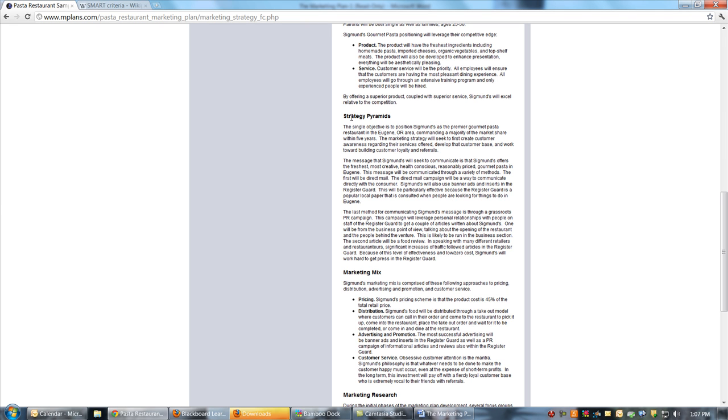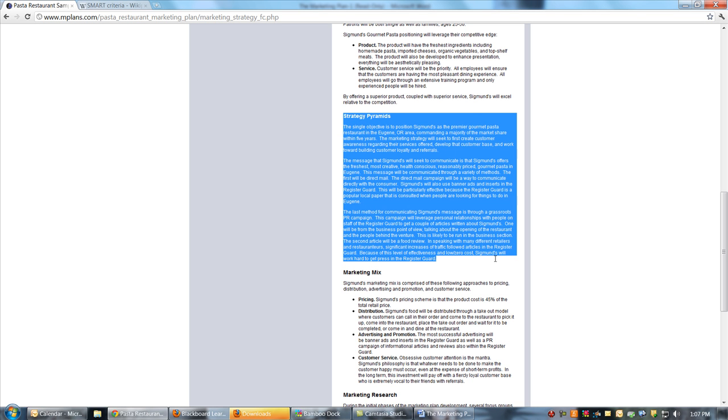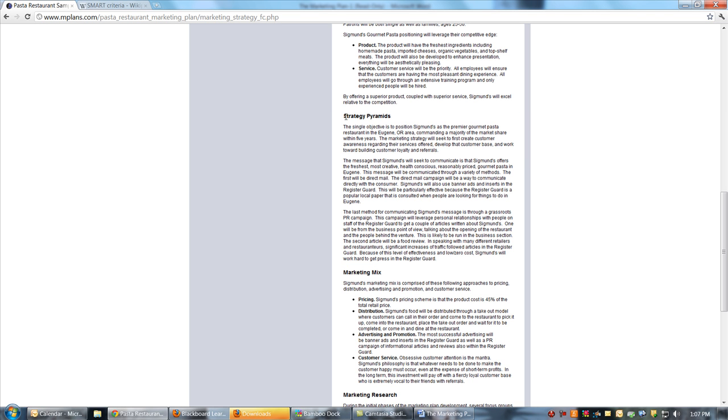Now, the biggest fallacy or mistake, or just something that's purely wrong about these marketing plans, is that this particular company introduces something called a strategy pyramid that you don't really see much anywhere else. If you think back to our corporate, business, and marketing strategy, that's kind of what they're doing with the strategy pyramid, saying that we begin with the basis of our corporate strategy, then we decide how to differentiate and who to go with.